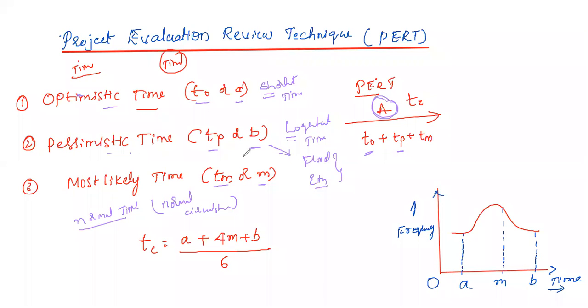Okay, these are the 3 timings. When an activity is drawn, in the exam they ask, for example, activity A. We know this is a starting node and this is an ending node, A. They give it like this, written as 5, 7, and this will be 6. You need to understand that the 5 is the optimistic time, that is the pessimistic time, and this will be the most likely time. Sometimes they represent it as ABC, or write A B M. So A B